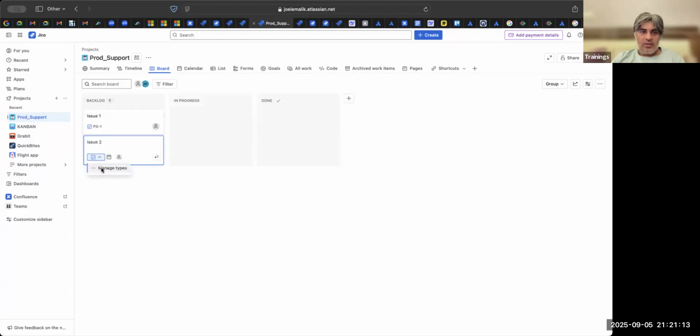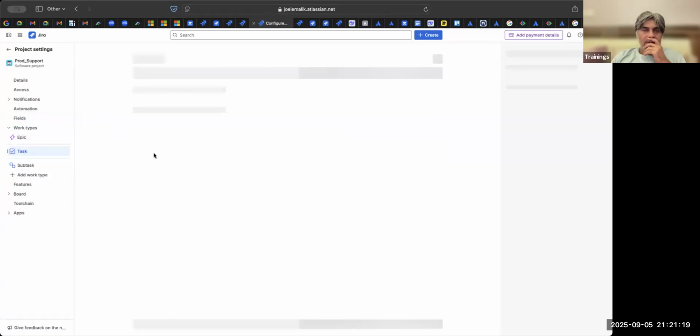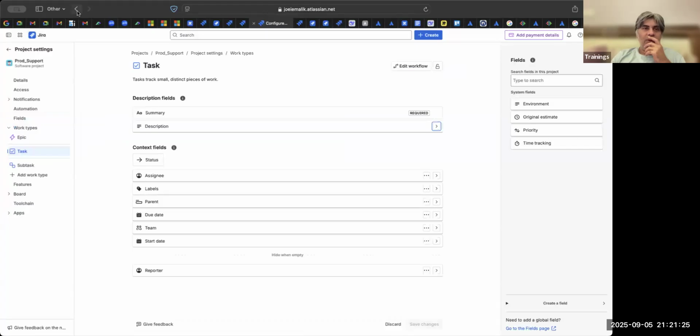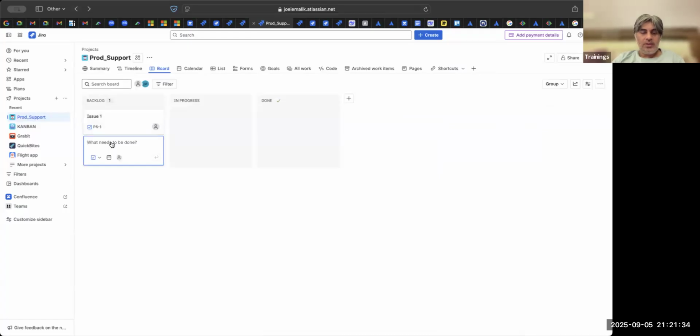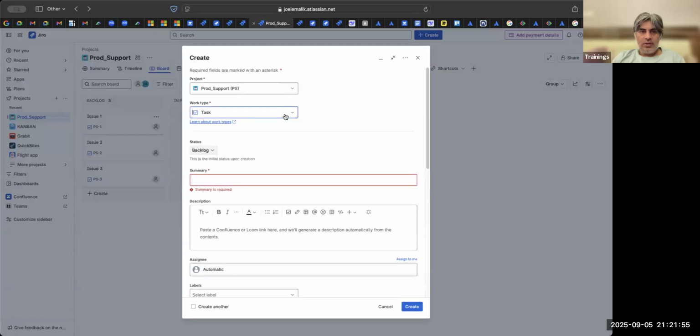Let us say, okay, it was not allowing me to create a bug. One sec. Okay, fine, I'm not going to edit it now. I'm just going to assume this is a bug. Otherwise, I have to configure it. Let me call it bug. But why is it not allowing?